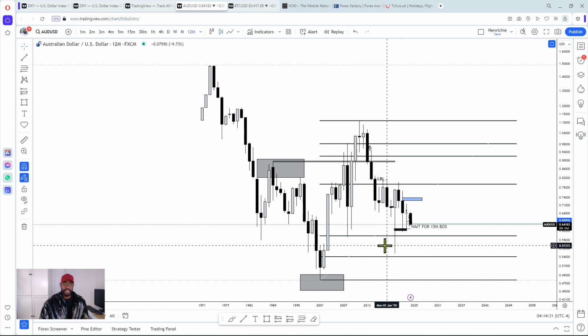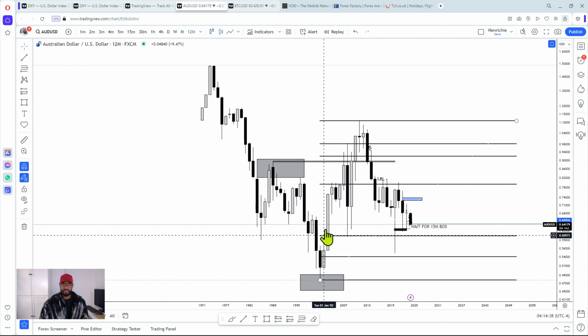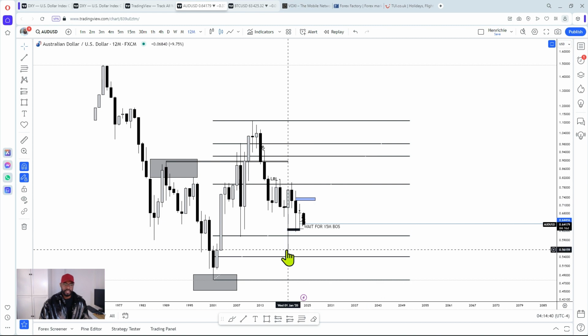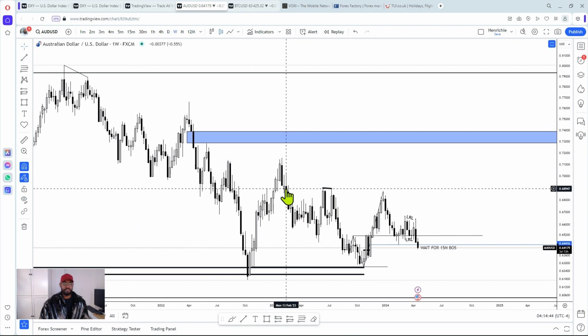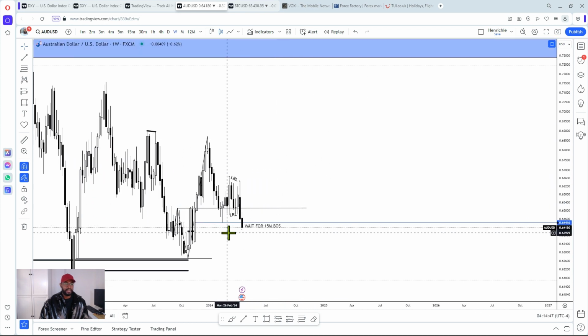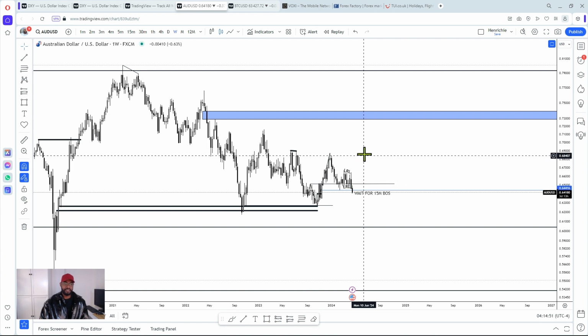Price came back to a retest, mitigate the extreme discount, run on liquidity, inefficiency, a lot of confluence aligning with my bullish bias. After that, we saw this heavy rejection to the upside. So I'm bullish on AUD US dollar. And if I do eventually catch a buy on this, it's going to be a swing trade, because most likely